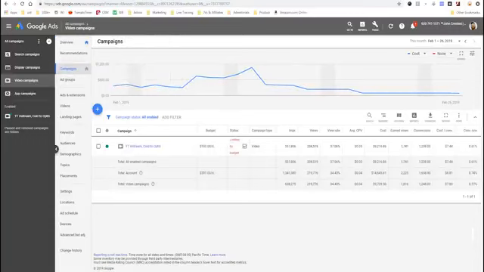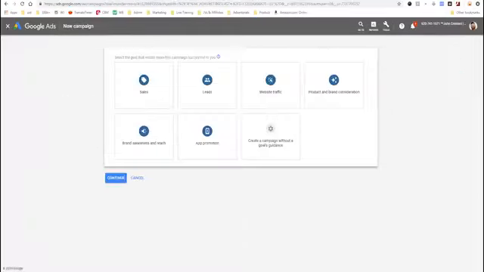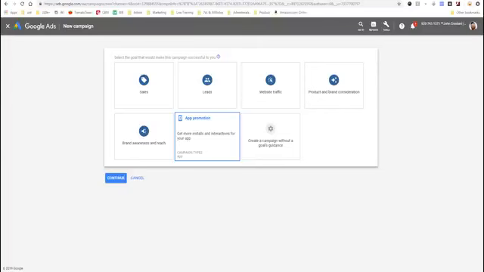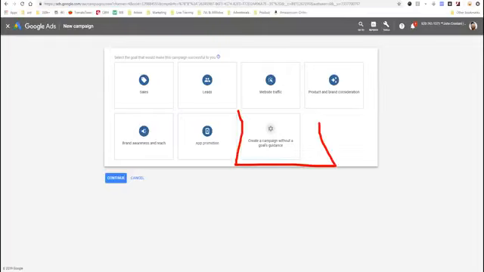Now, what we'll click on is this plus icon. Okay, see where it says plus? This allows you to create a new campaign. And we'll just select New Campaign. What we'll do here is you get a lot of different options. And these options have been changing a lot recently. See sales, leads, website traffic, product brand consideration, app promotion, etc. They keep changing the interface in Google Ads. They keep changing options. It's kind of mind-numbing, but what I always defer to is create a campaign without goals